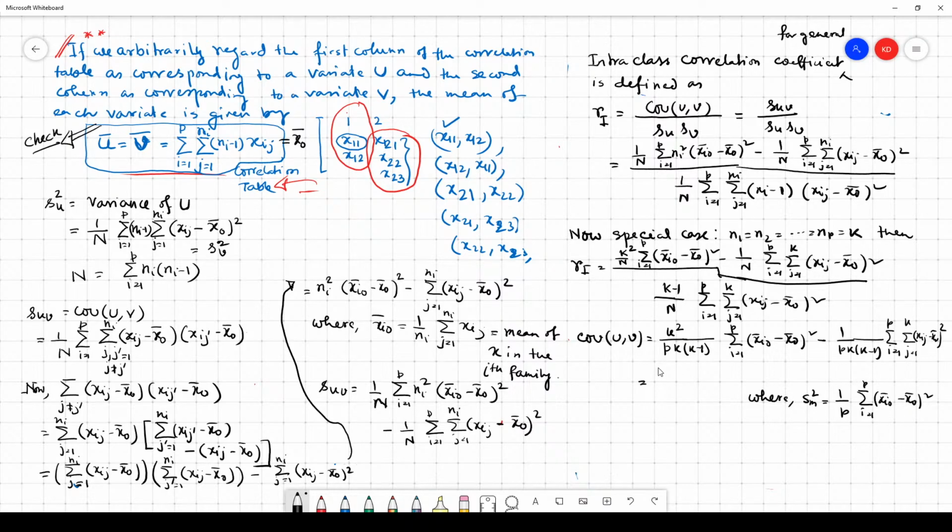So it should be k by k minus 1 Sm square, and S square, which is equal to